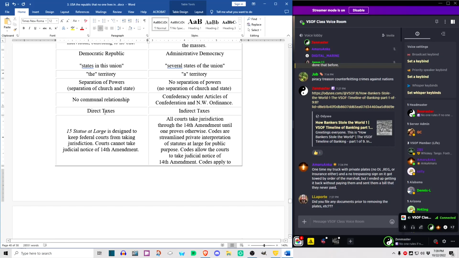So over here, direct taxes, I would say lawful taxes. Over here, you have indirect taxes, because you can have an indirect tax as long as it's apportioned. So what you can't have is a direct tax that's unapportioned, or an indirect tax that is apportioned. Well, I'll put it this way. I'll do it the other direction because it's easier to understand this way.